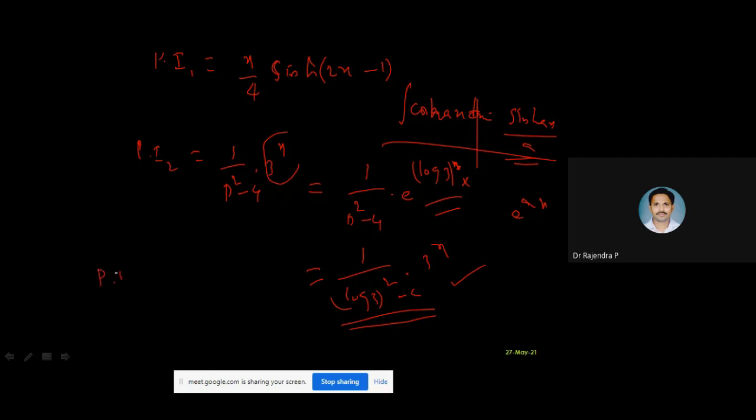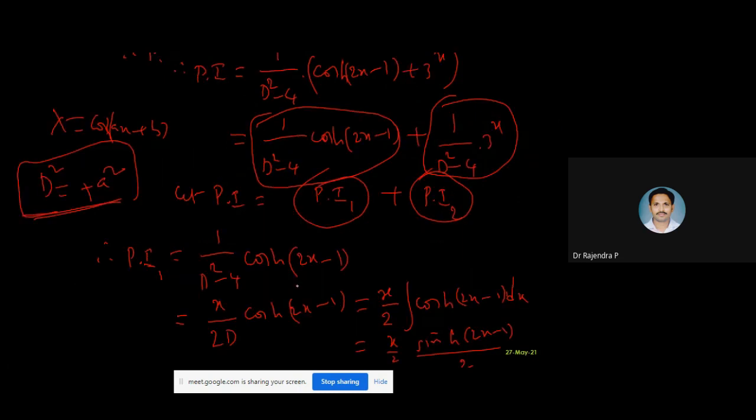Now you will write PI as PI1 plus PI2. So this will be your complete particular integral. We have taken it separately and you have done it. As I told you, you can go ahead directly without taking this assumption also. No need to take it. Directly also we can do it if we have space and everything. If you are comfortable, you can go ahead. But these are the different cases. Here, in place of d square, you are replacing a square because of the hyperbolic function. Here, 3 power x you are writing in exponential form, then substituting the coefficient of x, a, in place of d.